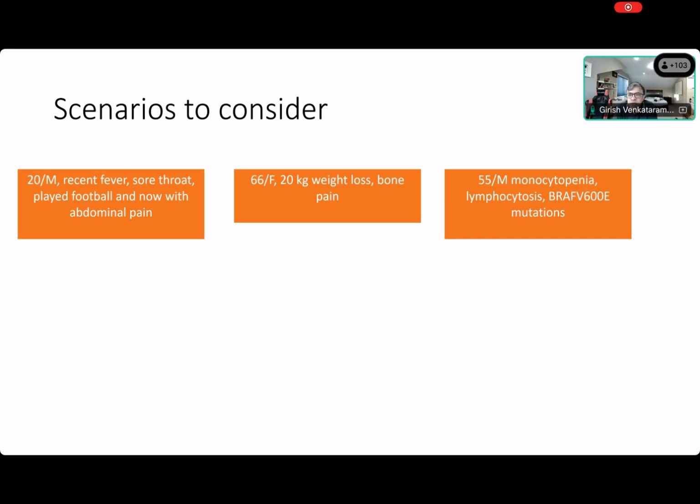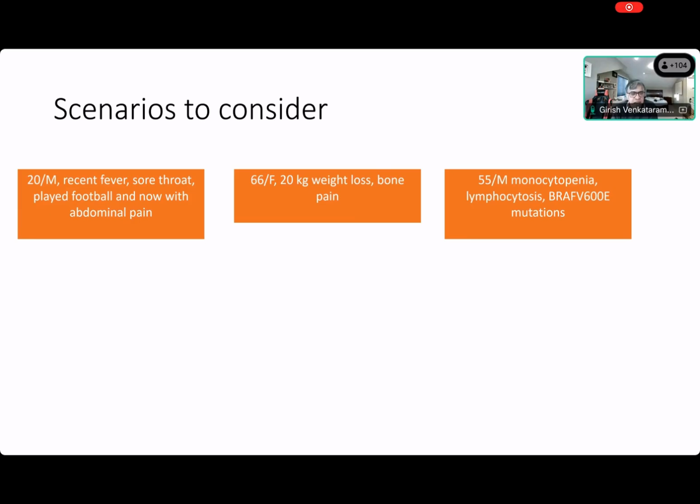Scenario number 2: a 66-year-old female with a 20-pound weight loss and bone pain. Can any of this connect with the spleen? It may or may not. But you have to think of the scenario and see if this could remotely connect in any way. Multiple myeloma. Okay, myeloma can explain these symptoms, but does any of this connect with the spleen? Myeloma doesn't cause splenomegaly. Normally, it's strange for myeloma to do that. So this case was a point to show that there is no connection with the spleen here. Looking at the history, I don't see a reason to blame the spleen. I just wanted to see if there's any reason you could blame the spleen in the scenario.